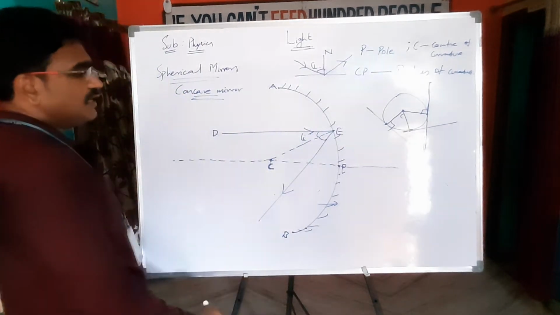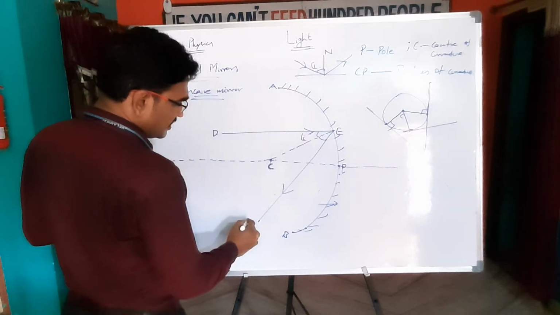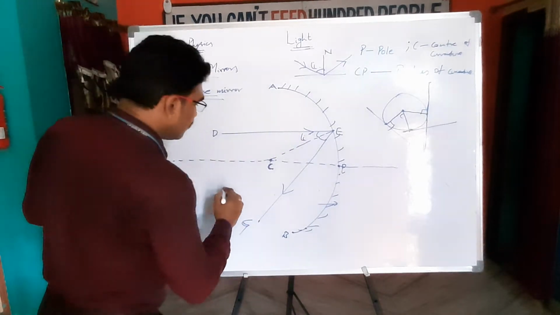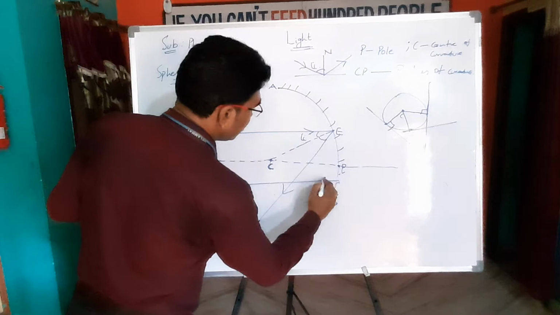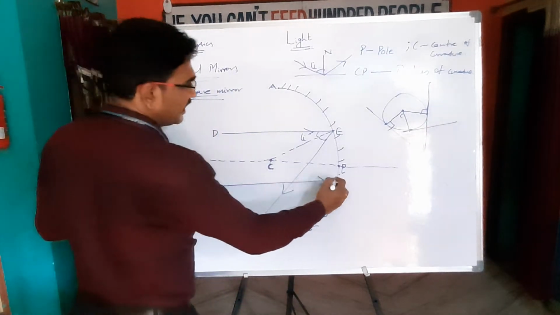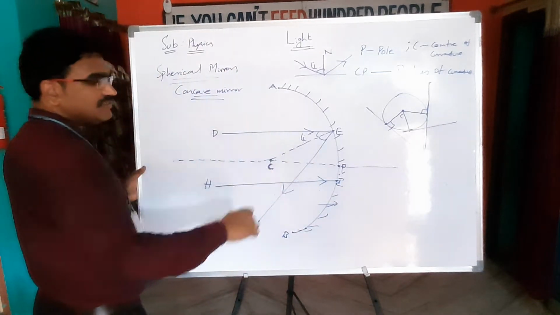Now this is the reflected ray. Okay, so EG is the reflected ray. Now again I am going to take another point, another incident ray. This incident ray I will take GHI. So I is the point of incidence, HI is the incident ray.